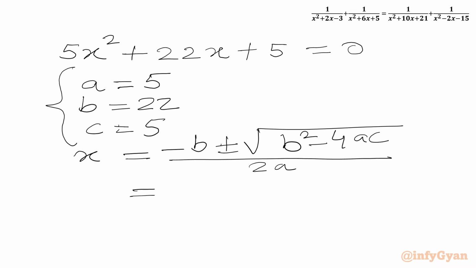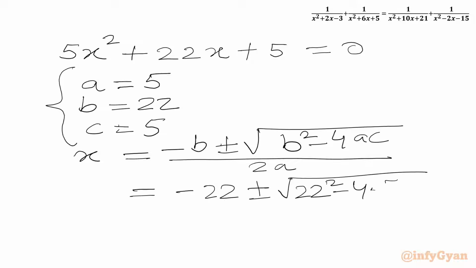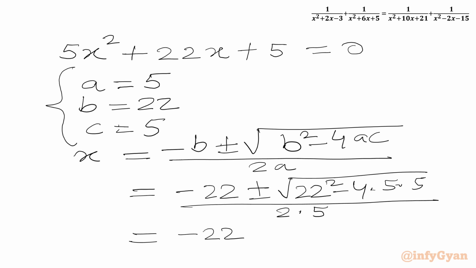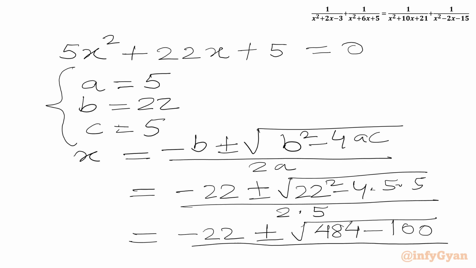So we will get minus 22 plus minus square root of 22 square minus 4 times 5 over 2 times 5, which equals minus 22 plus minus square root of 484, this is the square of 22, minus 25 times 400 over 10,